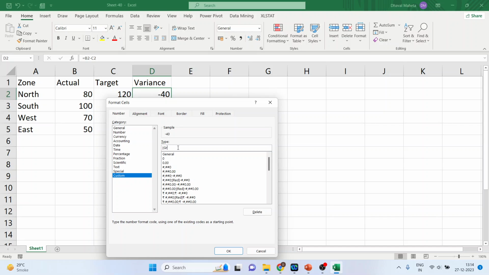Square bracket, green, close the bracket, write down 0, double inverted commas. Now use numpad and press Alt 30, Alt 30. You will get the up arrow. Now close the double inverted commas, semicolon, square bracket, red,